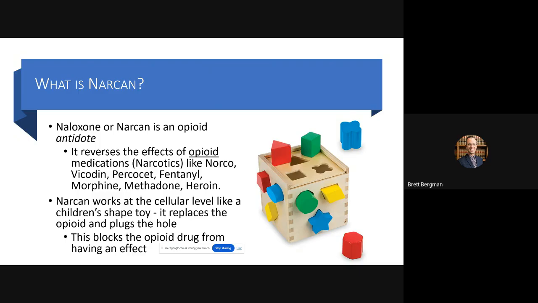At least in California, I'm not sure about Arizona and Nevada. I know there's a few of you on this call as well. California law changed back in 2013 that it protects any person that administers Narcan to an individual that's suspected of having an overdose from any civil liability or any criminal prosecution. You have full immunity if you, in good faith, give Narcan to an individual that you believe is having an opioid overdose.